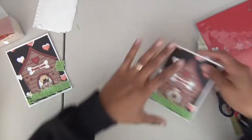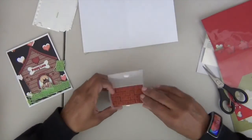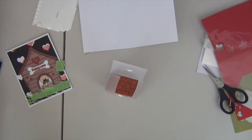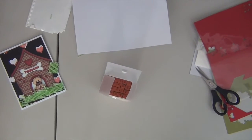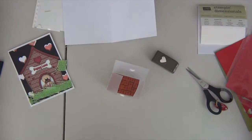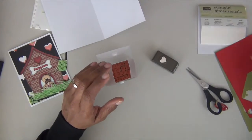Okay, so for the inside, move this out of the way. What I did to decorate is I got my little heart punch, which looks like I have misplaced that too. So, let me see, where did I put it? Okay, now that I have my punch, oh my goodness,